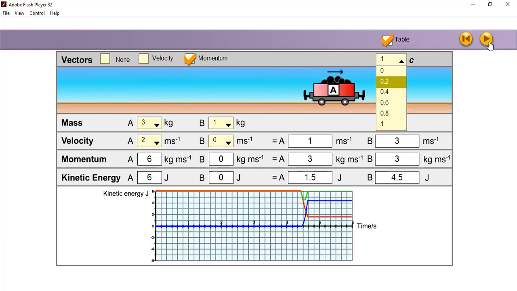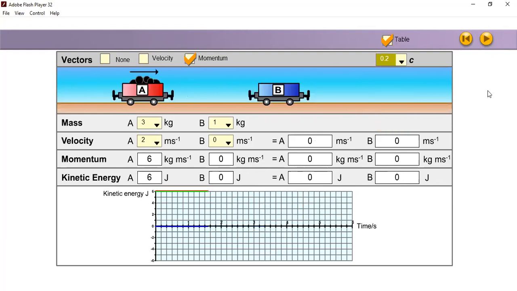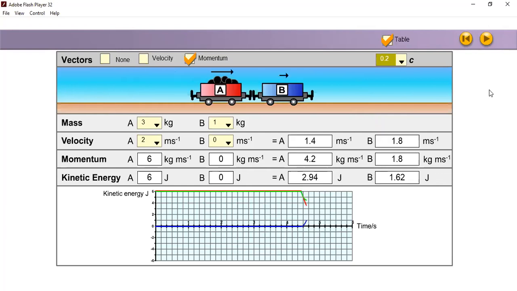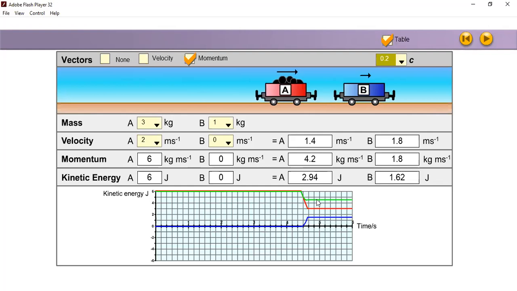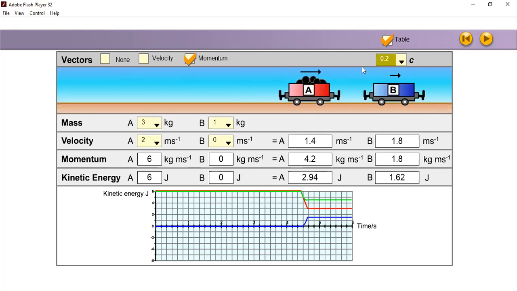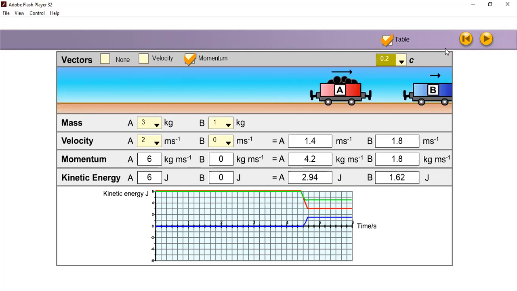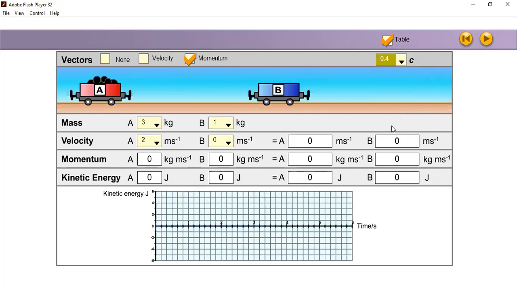If 0.2, notice or not, there will be difference of the final speed. Although they move separately, we cannot say that it is perfectly elastic collision. If 0.4,